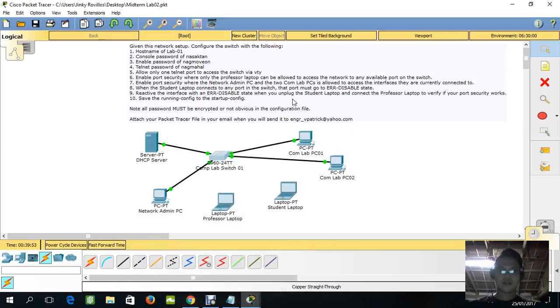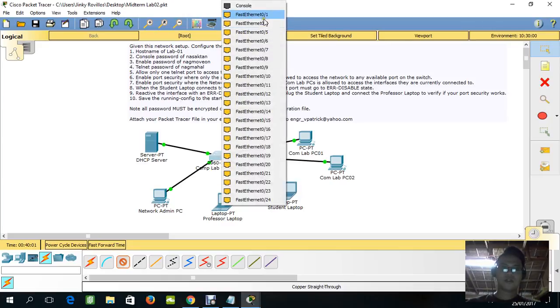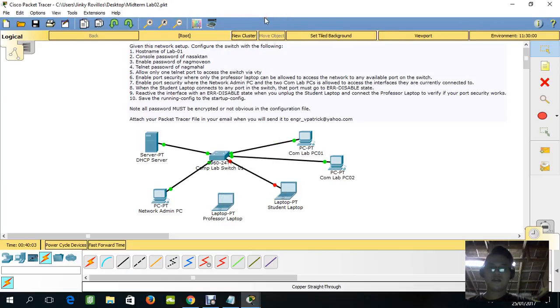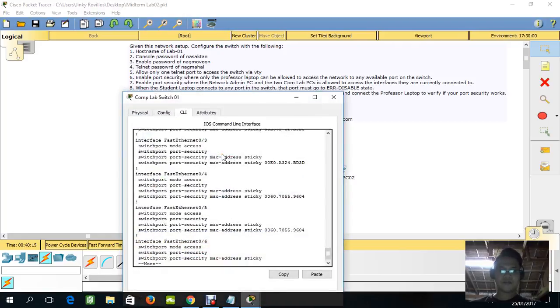So first, we're going to connect the laptop to the switch. As you can see here, the connection between the laptop and the switch is in error. So we're going to check it.